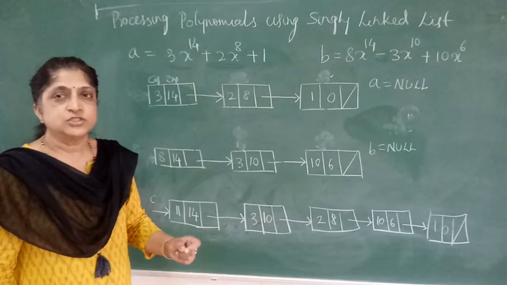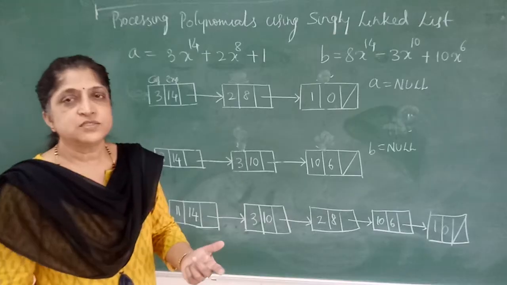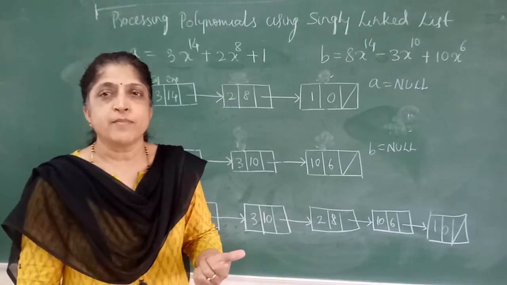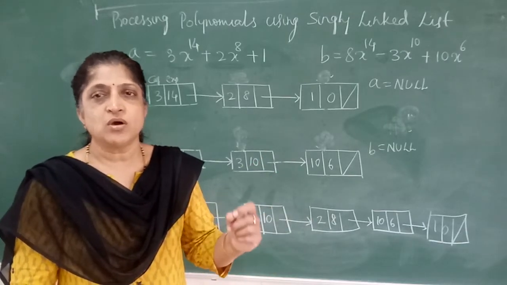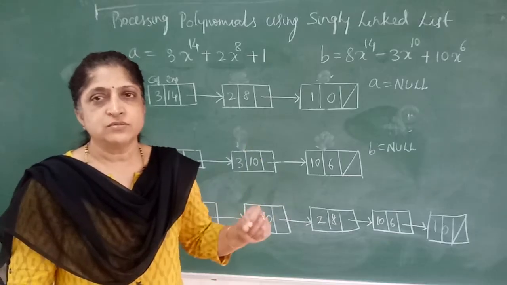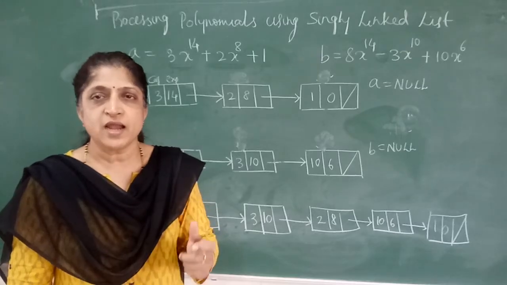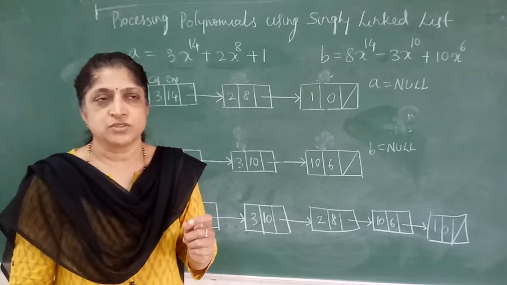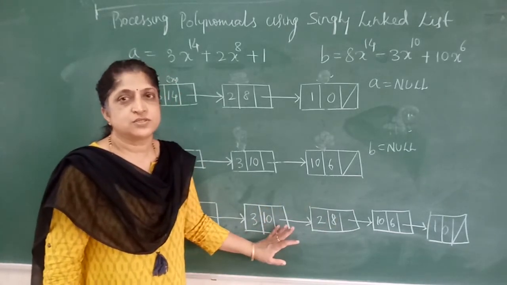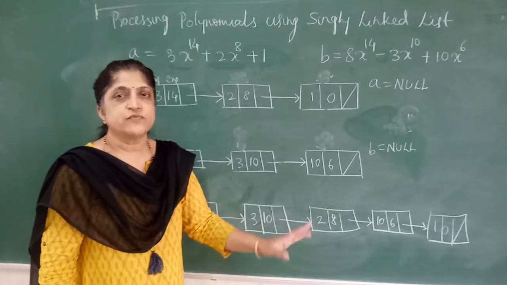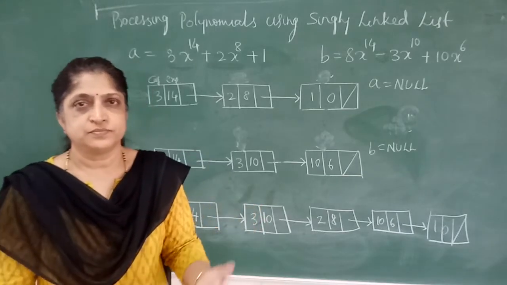Now we have to write a function for adding these two polynomials. This function also makes use of the compare macro for comparing the exponents, and this macro returns either -1 or 0 or 1 based on the values. We will write the macro now. Then we will also write the poly add function, and for this we need the attach function. The attach function is used to attach the new node to the existing list. So first we will write the compare macro, then the attach function, then the poly add function.